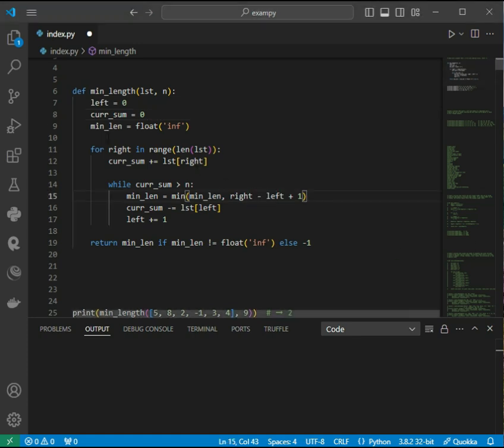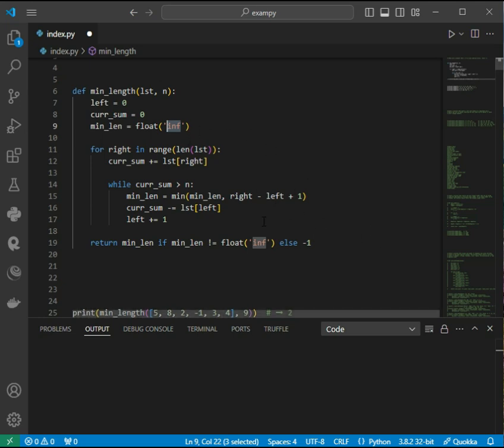And then we use this other variable to store the minimum length of any subarray whose sum exceeds the number n. So initially it's set to infinity because we haven't found any valid